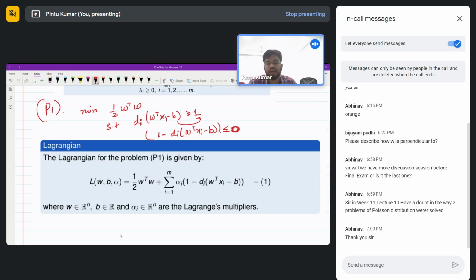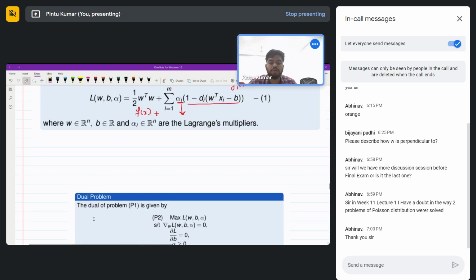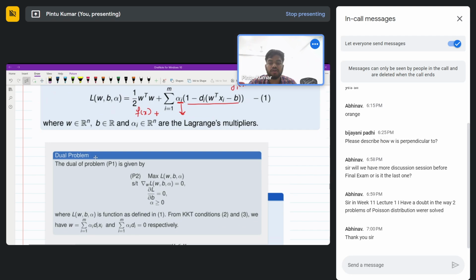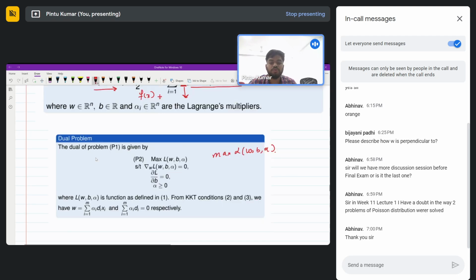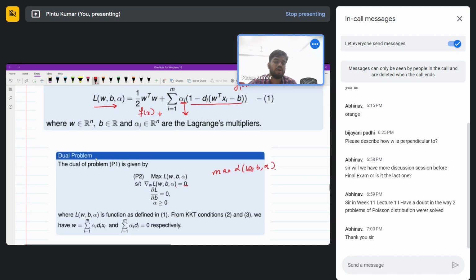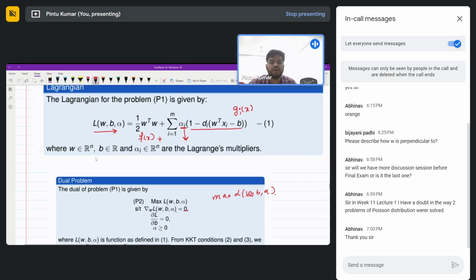So if we write its Lagrangian, we get f of x plus alpha, which is your Lagrange multiplier, and these are your coefficients, these are your gi of x. Then its dual problem is given by maximizing this quantity, L of W, b, alpha, subject to its gradient with respect to W being 0. And now you have one more,